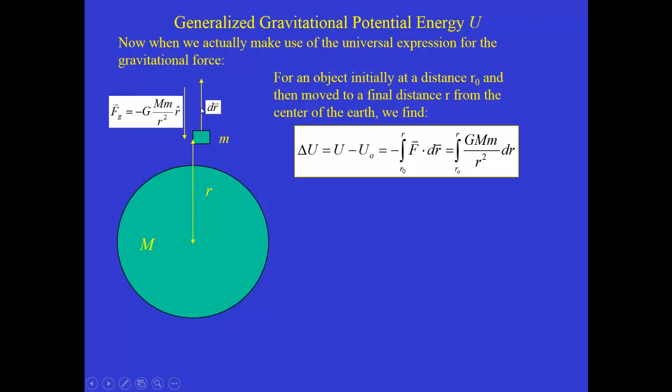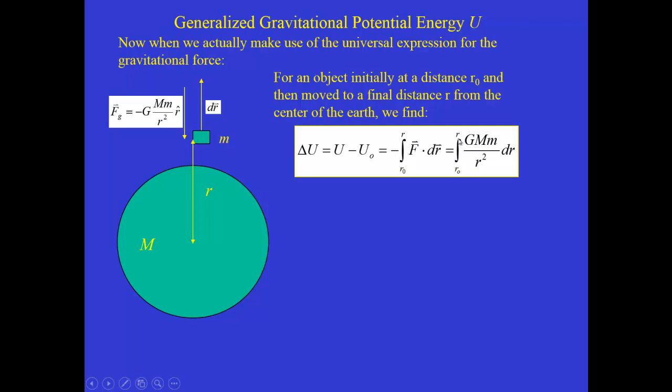So dr is upward, r hat is downward, the force is downward, and so when we take that dot product, we're going to get a negative quantity because the angle between them is 180 degrees. And it's just the product of the magnitudes, G big M little m over r squared times dr, and then it's going to have a minus sign. There's already a minus sign due to the definition of the potential energy function, and so minus a negative is